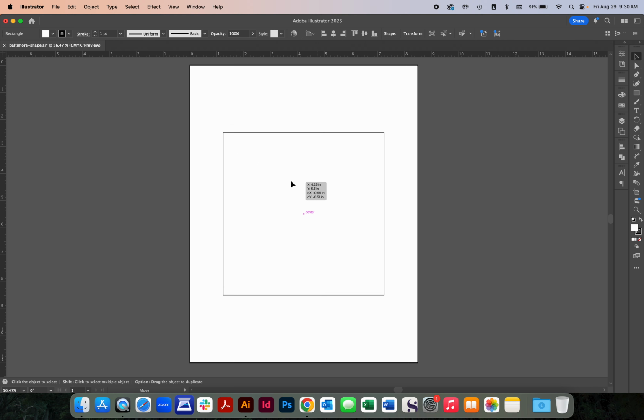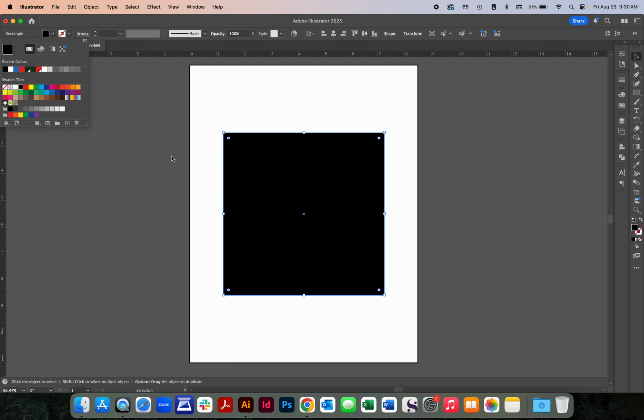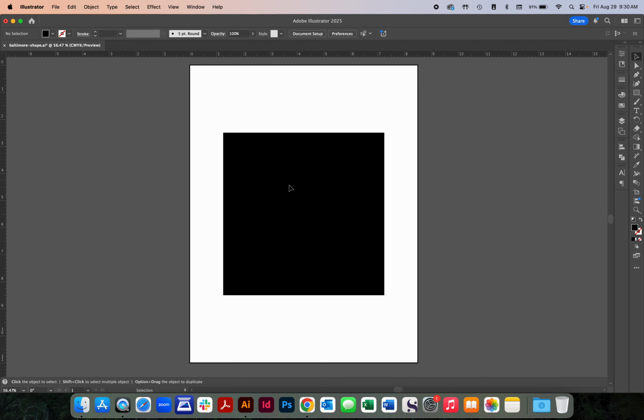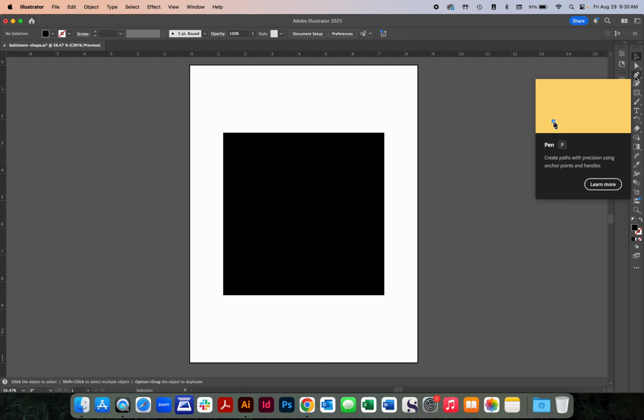All right, so I have my square. It's in the center. I need to make it black. First, I'm going to take off the stroke, like none. And for the shape, I'm going to make it black. And then again, I'm going to lock it. I go to Object, Lock, Selection. Once that's done, I'm going to select my pen tool, shortcut P,